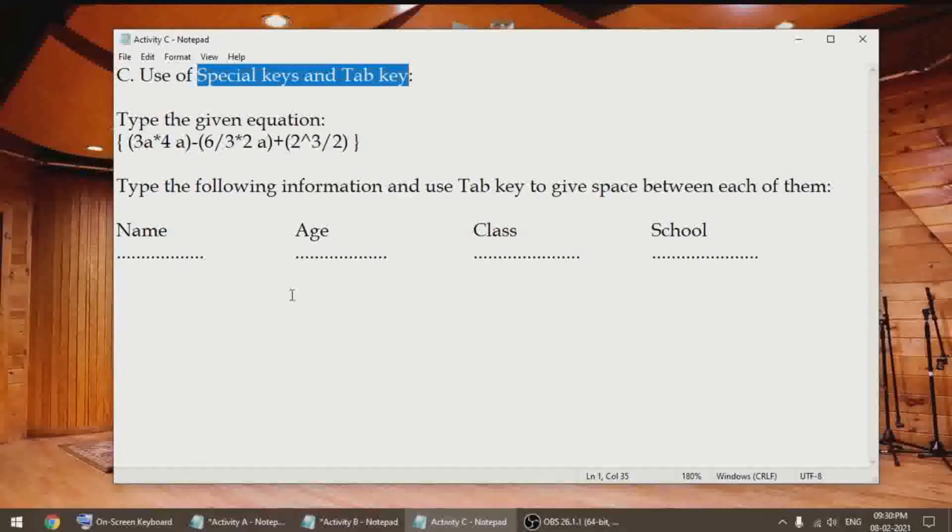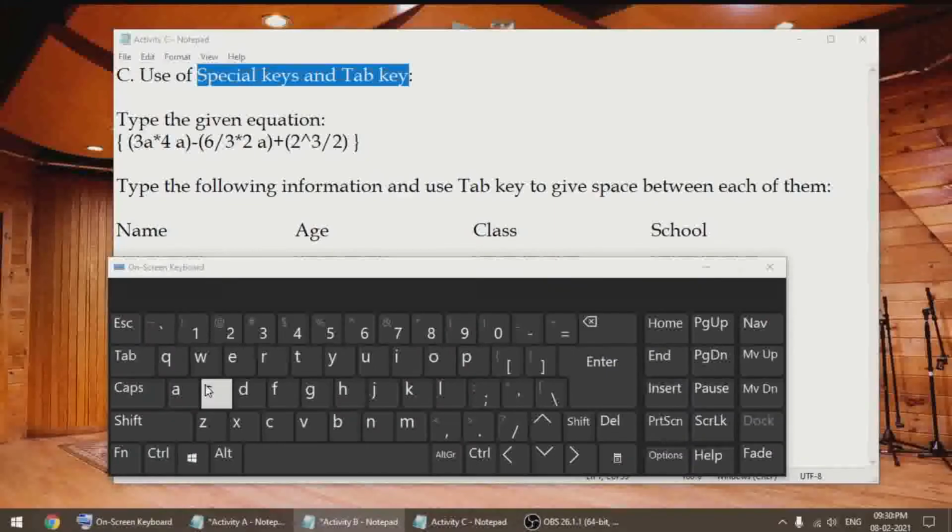Let me show you on the keyboard itself. Just notice these numbers 1, 2, 3, 4, 5, 6, 7, 8, 9, 0, and to the right of 0 these two keys, and also to the left of 1 we have this key. There are various symbols, you also call them characters.